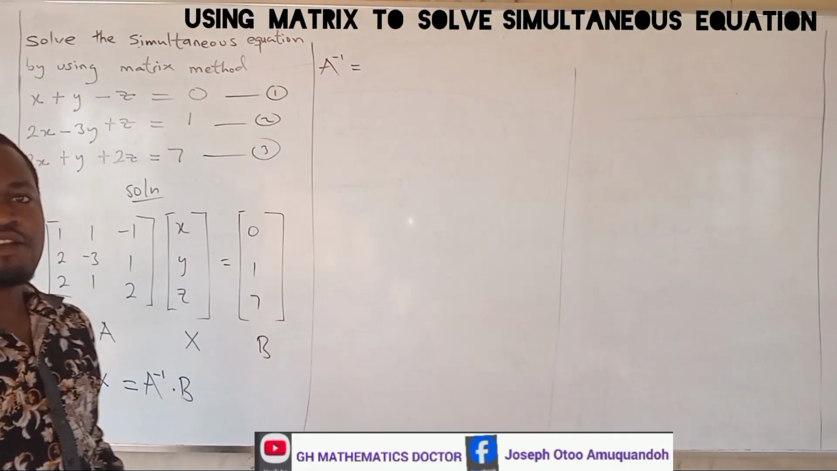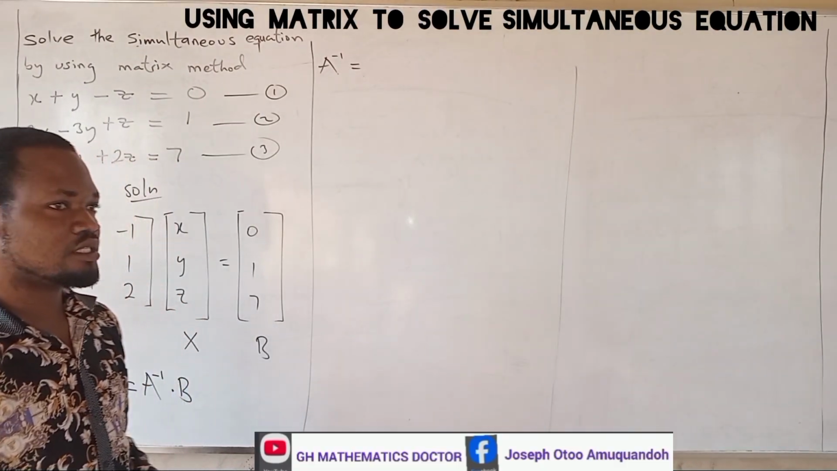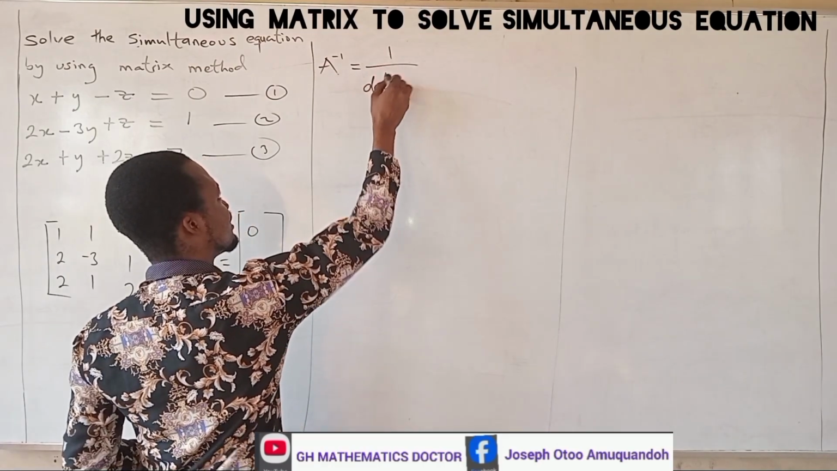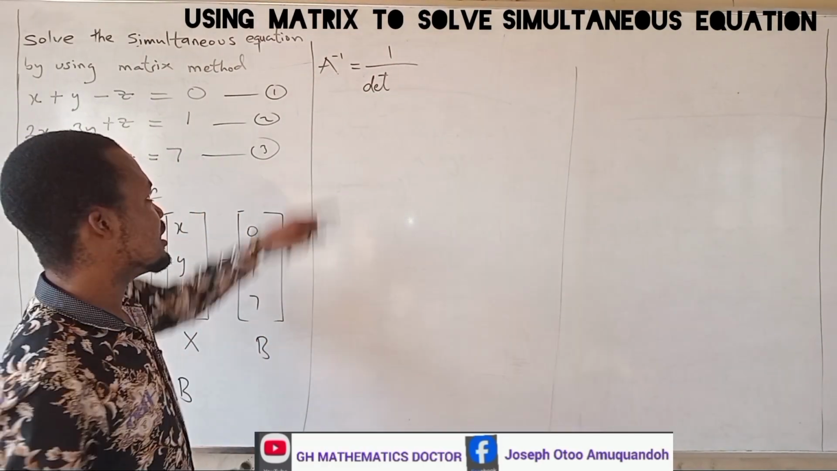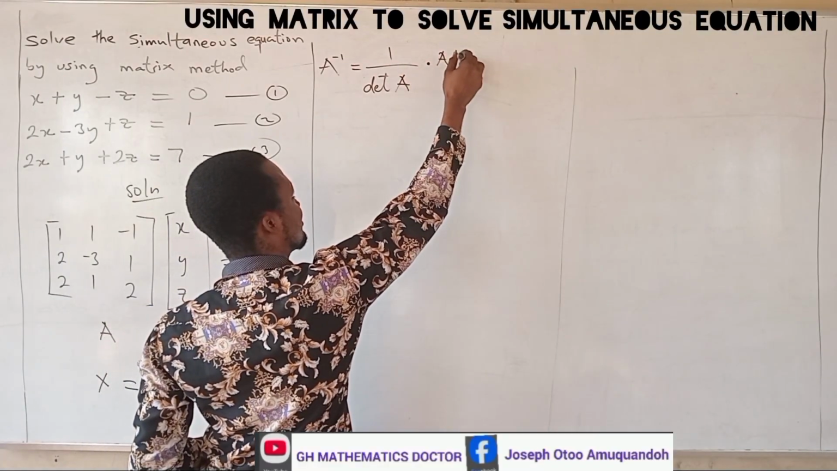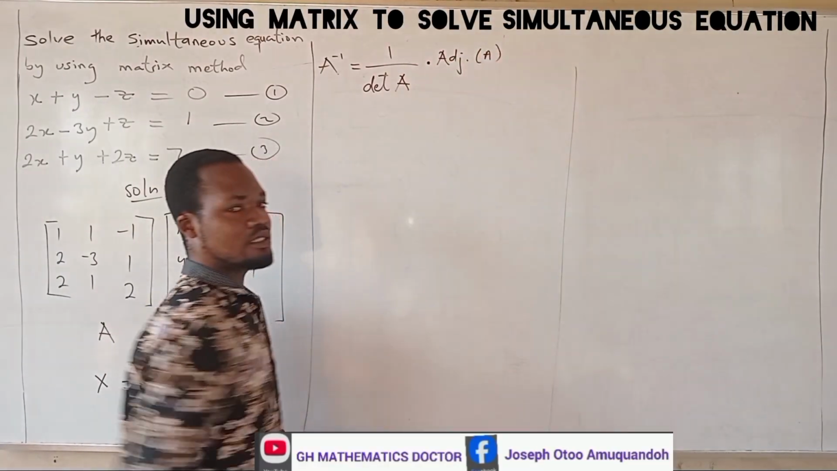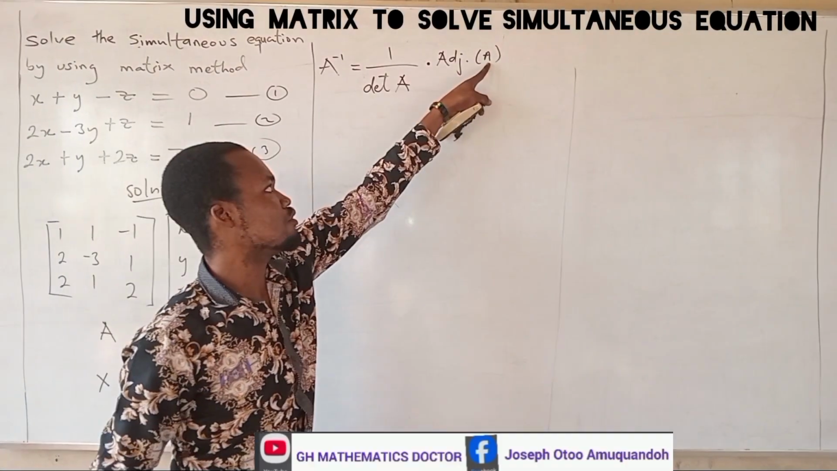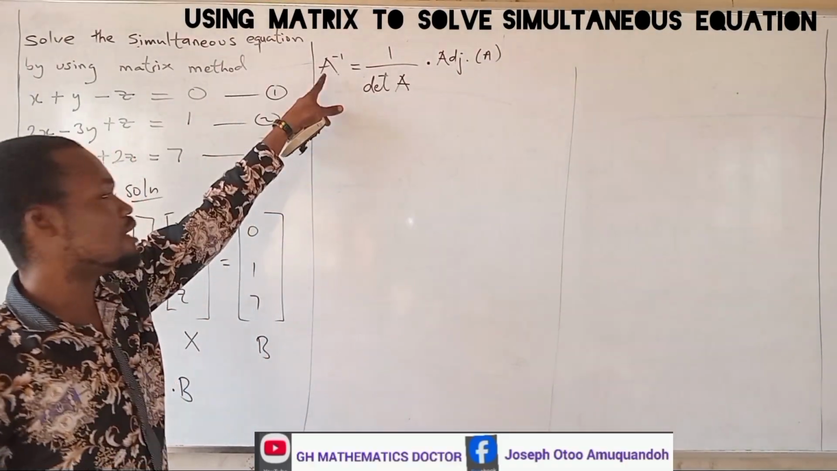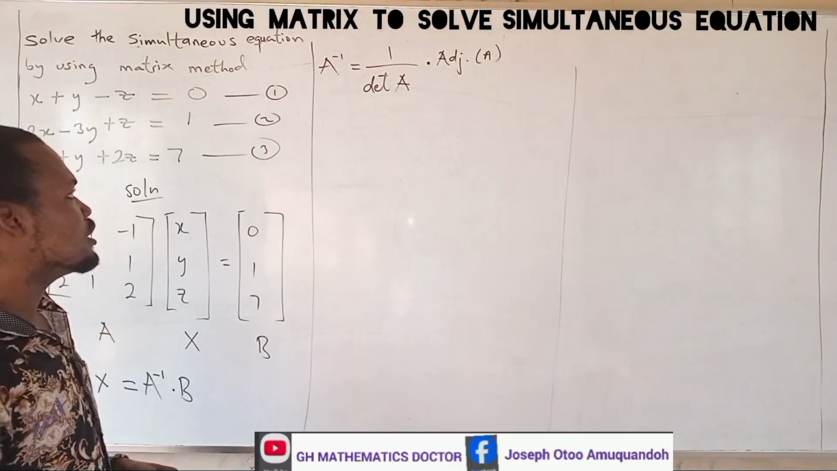Alright, so whenever you're finding the inverse of any matrix, the formula goes like this. We have 1 over the determinant of that matrix, and that matrix is A, so the determinant of A, multiplied by the adjoint of that matrix, the adjoint of A. So over here, we are supposed to find the determinant and the adjoint to get our inverse of the matrix. So the determinant